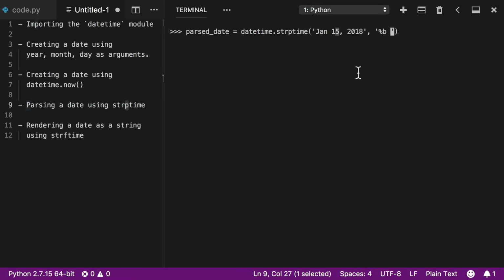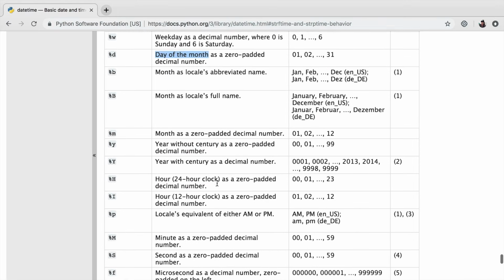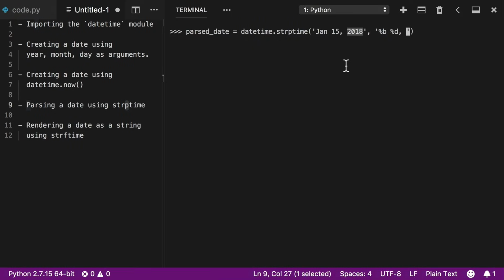So I can put a %d right here, and then I'm going to put a comma and a space, and I'll put one that represents the year. So if we look over here, we can find a year one, it's %Y, the year with century as a decimal number. So I'll use %Y, and now we've basically told Python what the format of our date string is.